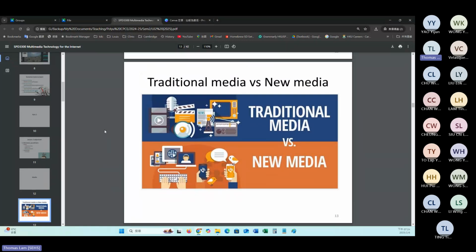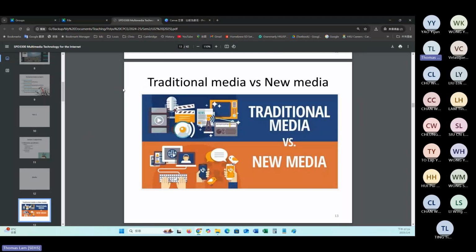Again, we have had quite a lot of changes over the past decades. Even though you are young, I'm sure that if you compare your daily life today with your life when you were a kid, there have been quite a lot of changes in terms of the use of mobile phones as well as the way to access data and information. So when it comes to media, it has also changed a lot.